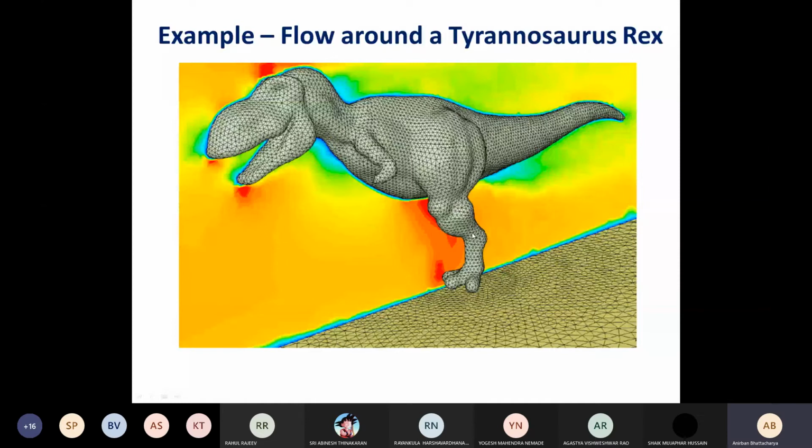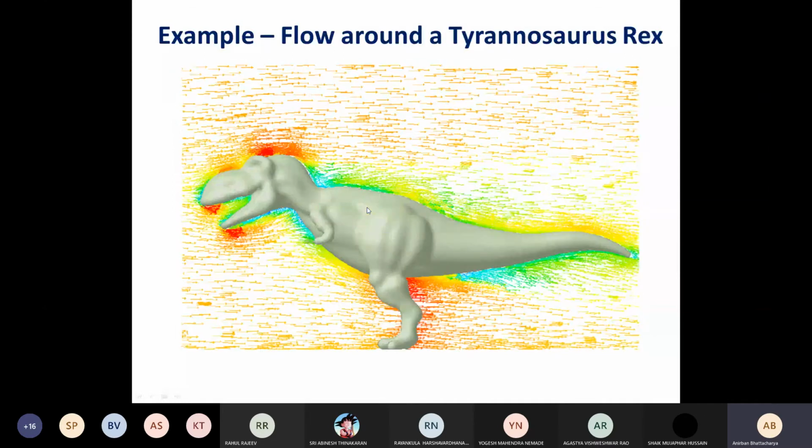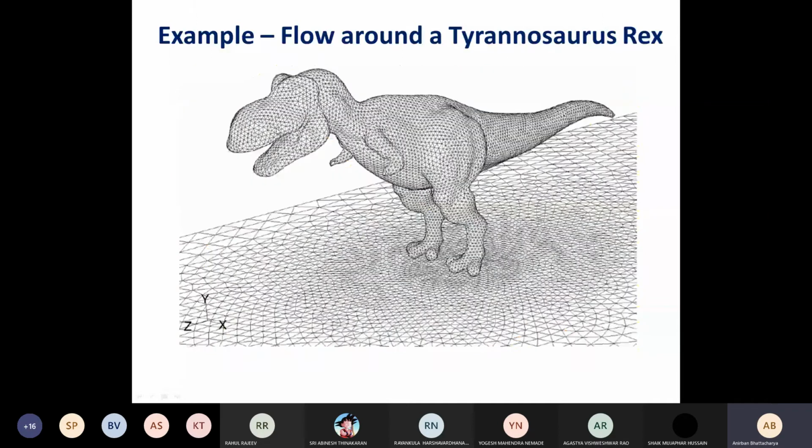So in this case, because the geometry was very complicated, it was fitted with a triangular mesh. The mesh structure actually is not shown here correctly. The mesh will be outside this dinosaur. This is the inner wall of the mesh. This is one of the inner boundaries, and this is the outer boundary, and the entire volume will be filled up with tetrahedral meshes, which are analogous to triangular meshes, but in 3D. So tetrahedral means four-cornered pyramids.